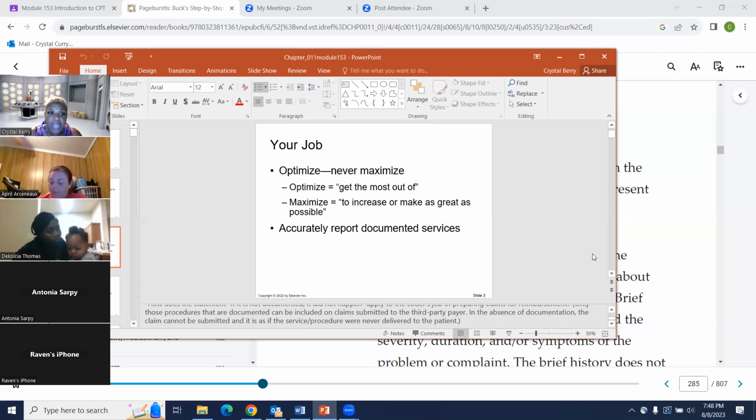Right, because let me tell you what happens. If you bill for something and you don't have that documentation, even though you knew it was for something else, it won't get paid. It'll get kicked back to you. And then that other service might be reimbursed for a higher amount.